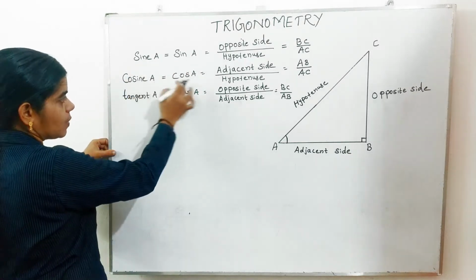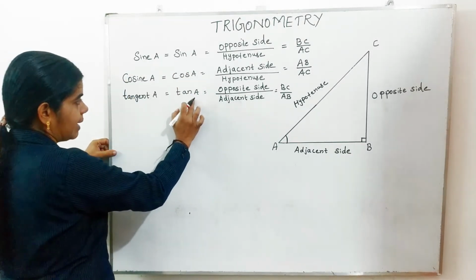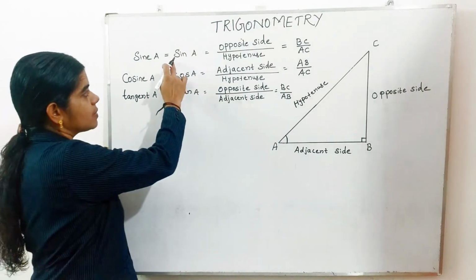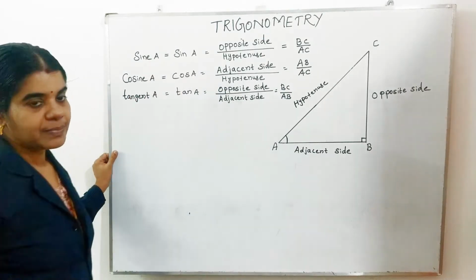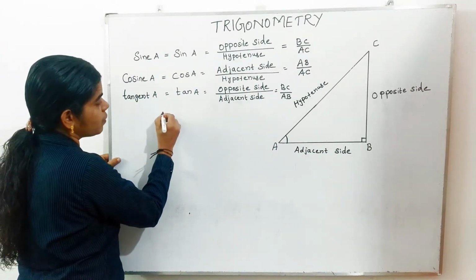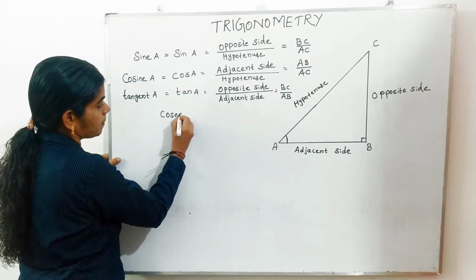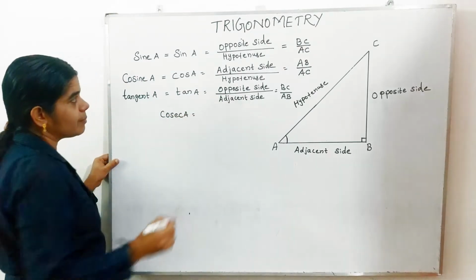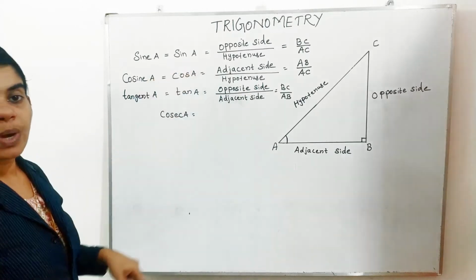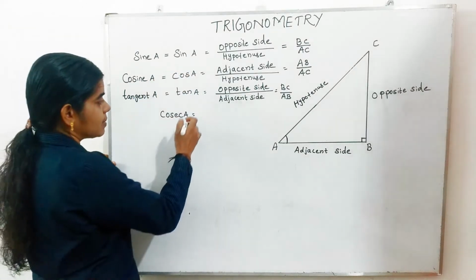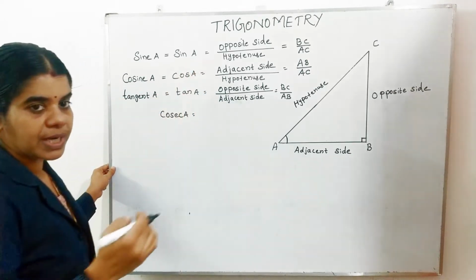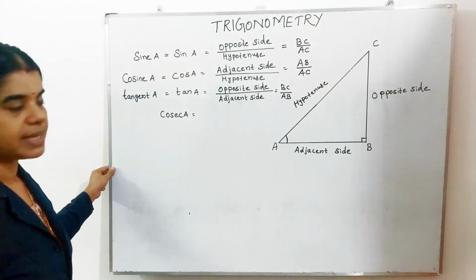Sin A, cos A, tan A. Next will be the cosec A. We will write actually cosecant A, or our short form will be cosec A. Cosec A means that will be the reciprocal of sin A, or 1 by sin A. That cosec A means its reciprocal. This normally sin A by 1, its reciprocal means 1 by sin A.